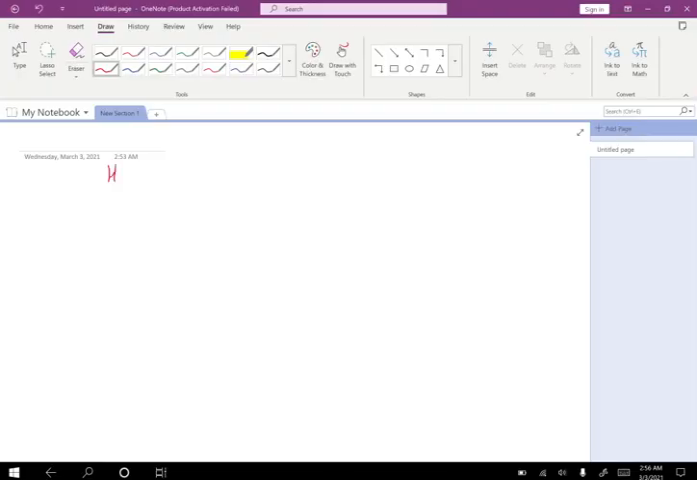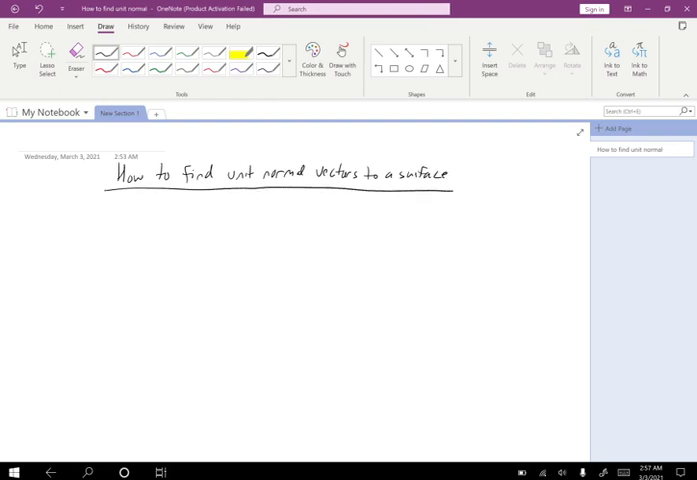Okay, let's talk about how to find unit normal vectors to a surface. So in the previous video, I mentioned that we'll be considering surface integrals where the integrand is going to look